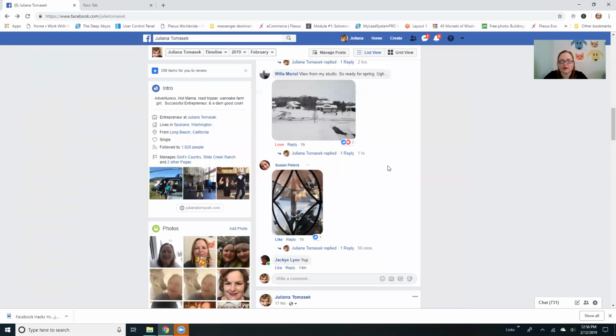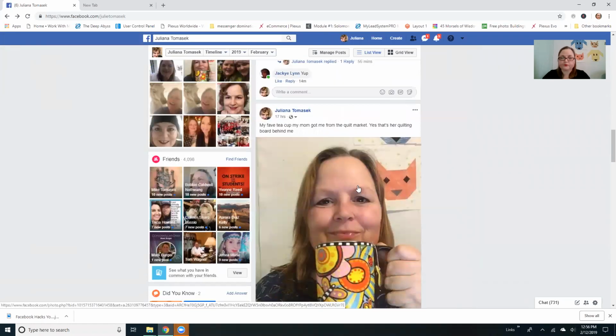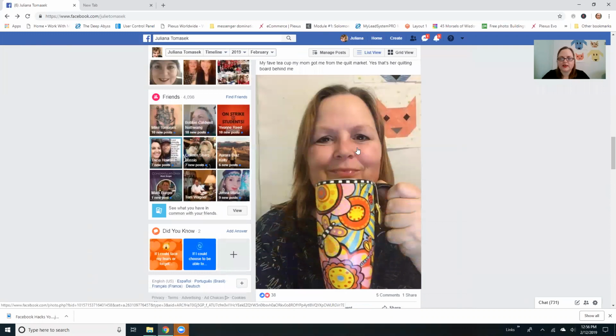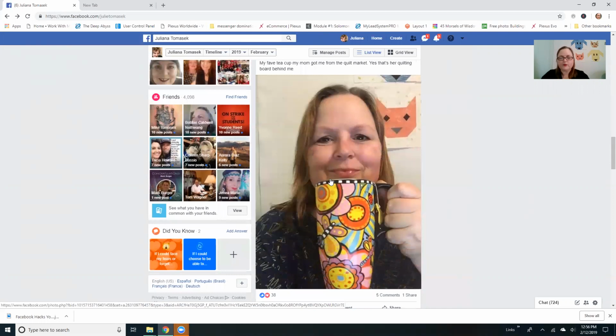So if you're on Facebook and there's a picture of you. Here's a picture I took last night. That's a really cool cup my mom got me from the quilt market. And if you look behind me, that's her quilting board. She's laying out blocks for a quilt. So the way you